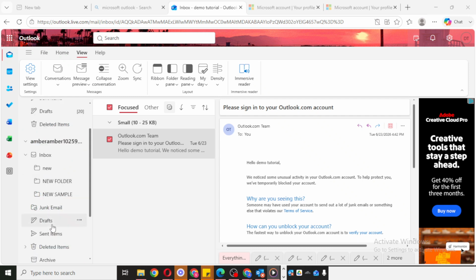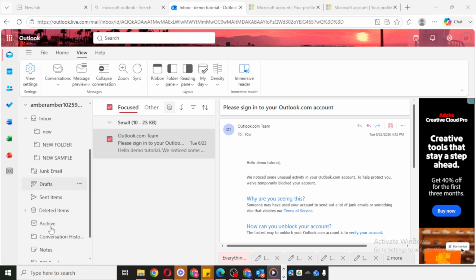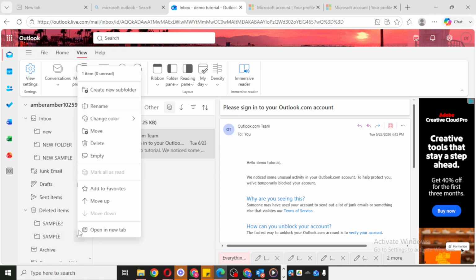If the folder was recently removed, there's a good chance it will still be listed there. Take a moment to look carefully, especially if you have a lot of deleted messages or folders stored in that area. When you find the deleted folder, click the three dots next to that folder. This opens the Folder Options menu. From there, click Move. Outlook will then show you the available locations where the folder can be placed again.